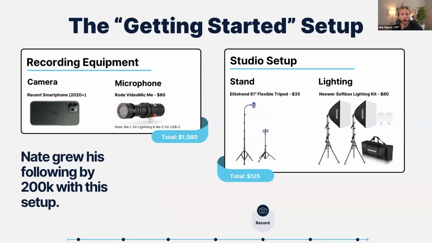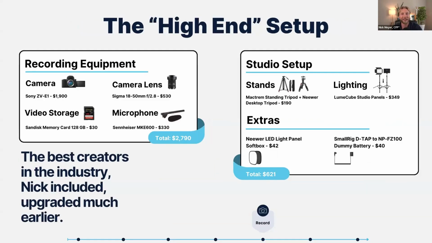The Rode Video Mic Me is awesome. It still has some of the best audio quality we've ever seen, even compared to our $1,000 studio mic. It's very comparable. It's not like a 10x difference like the price would make it seem, or a 100x difference. Next up, the lighting stand is optional, so you can go all in for about $200 and get really good quality. But that's not to say that we don't recommend investing in quality.